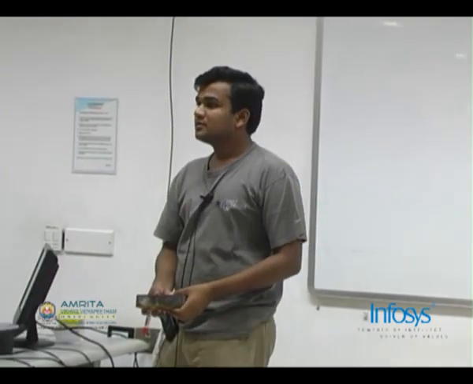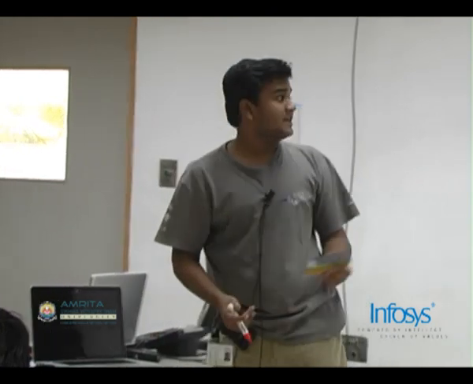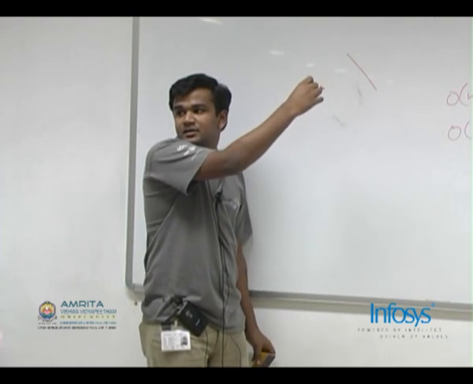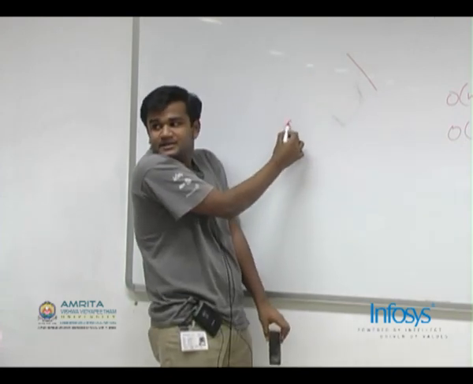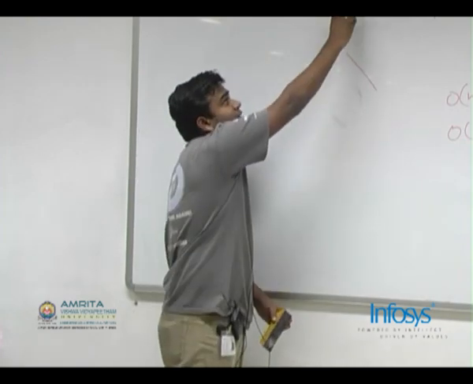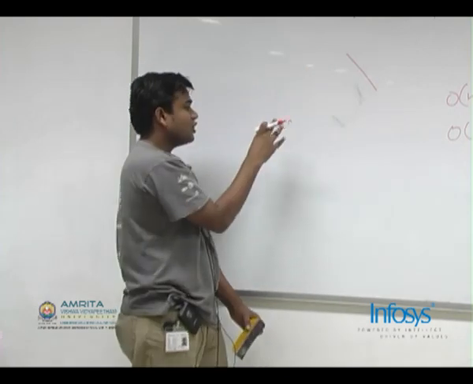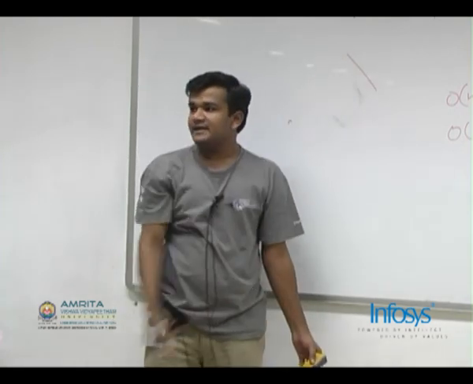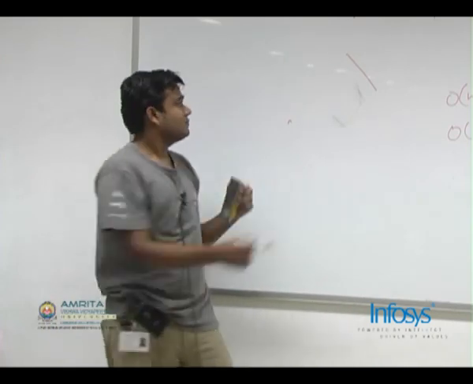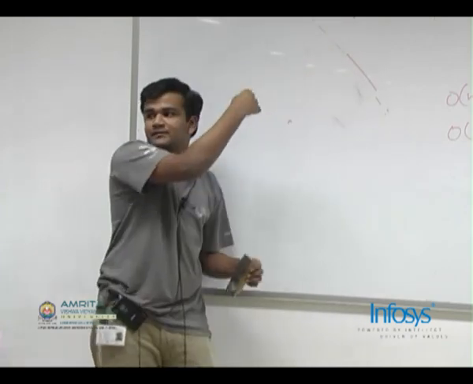Yes? How do you check whether after adding a point, it's convex? So if this is my current side and this will be my origin somewhere and the next point is somewhere here, I will calculate the cross product of this point with this line and the cross product of this point with this line, and their sign should be the same. If the signs are the same, they are lying on this side, if you extend it like this. So if this point is here, the cross product sign will match.